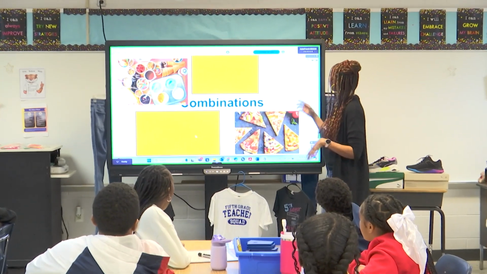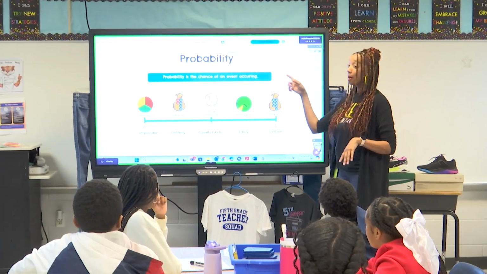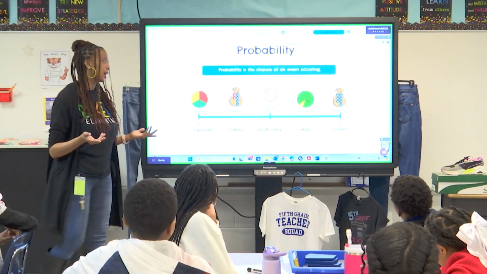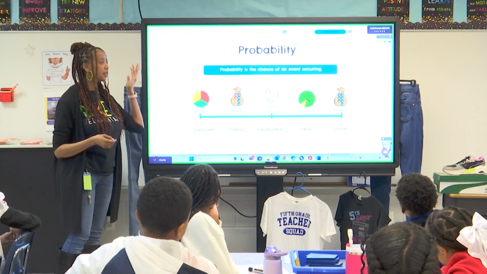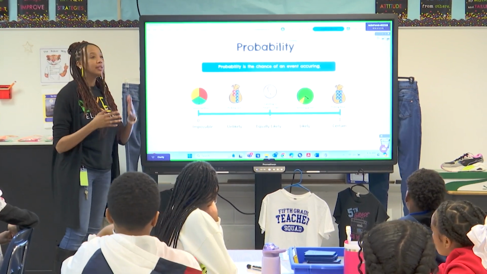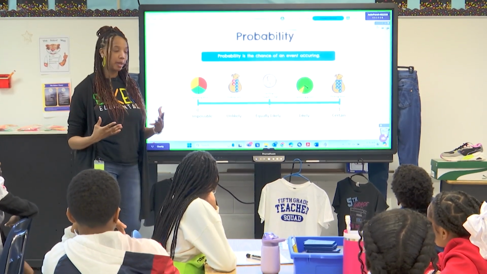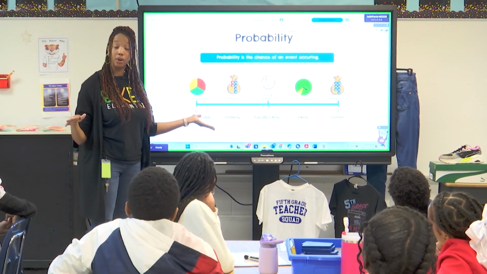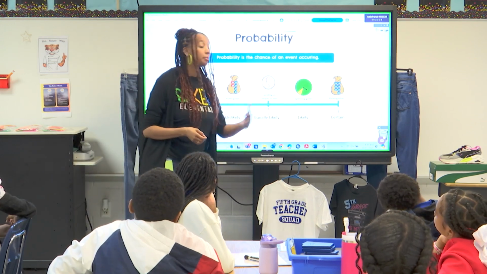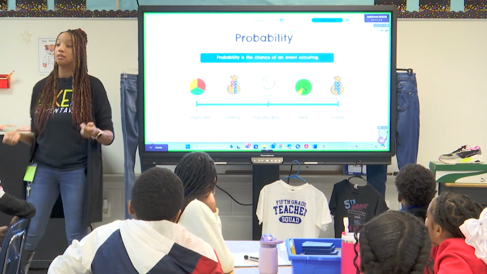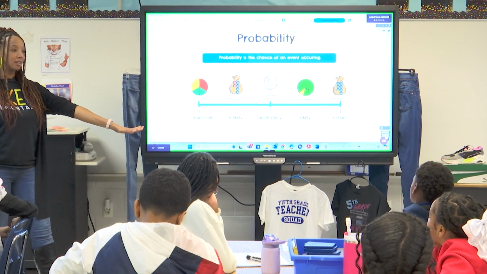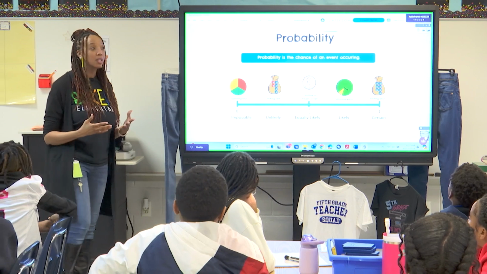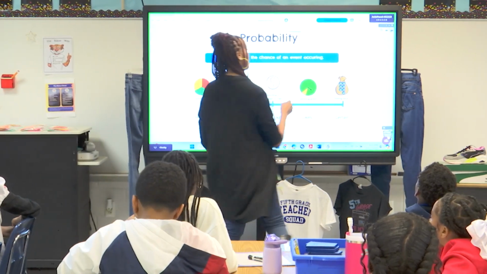What part of math do they have to do with? Probability. And you guys have heard of probability before, right? Yes. Right, exactly. So probability is the chance of an event occurring. So last year in 4th grade, I'm sure you all talked about how an event can be impossible, like it's not going to happen no matter what, or an event can be certain, it's going to happen no matter what, right? And then you have unlikely, likely, equally likely. But today we're going to be focusing on something a little different. And that is